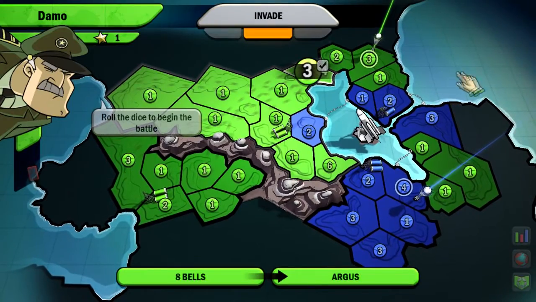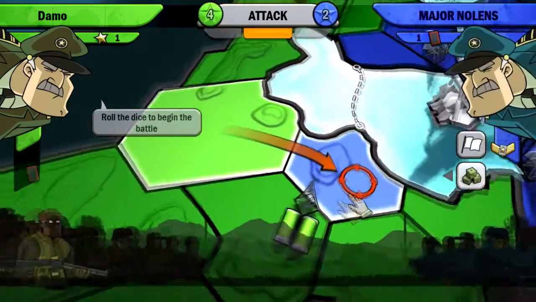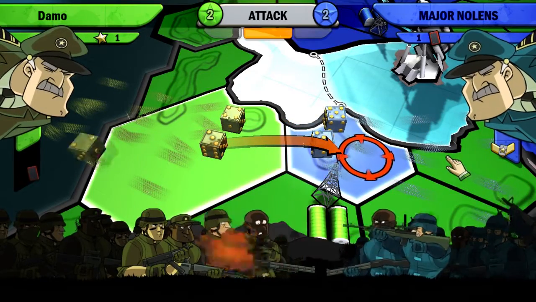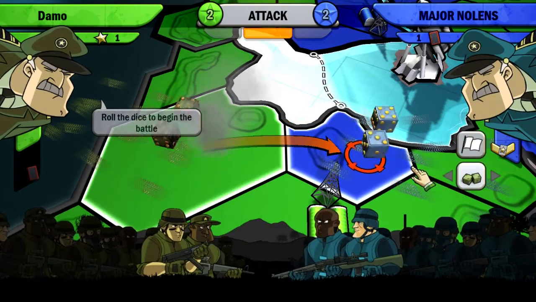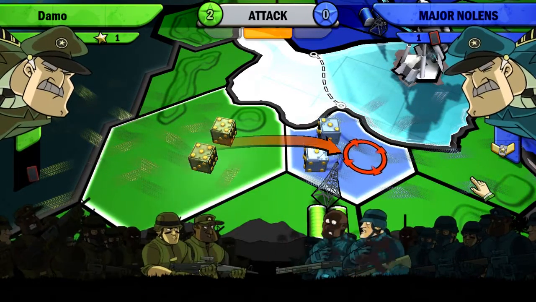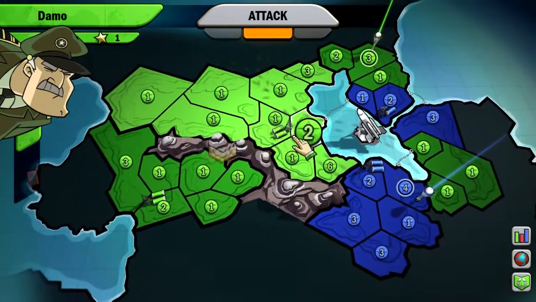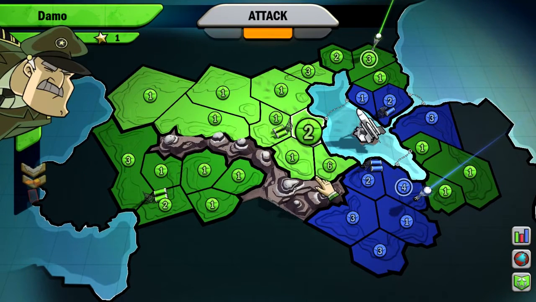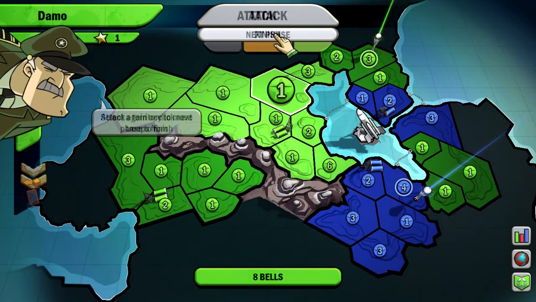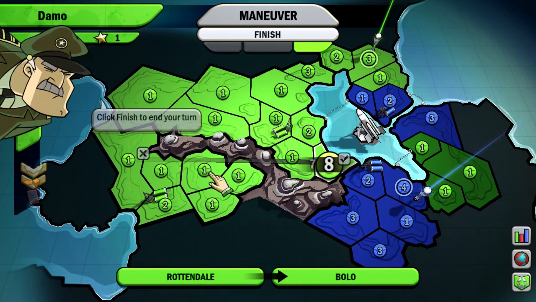I will not move all of my troops there because I will keep some here so I can take out this number 2 territory. Oh, that's not very good. And again. That's much better. Okay, now to end this turn, I will maneuver some troops from here to back up the main force,